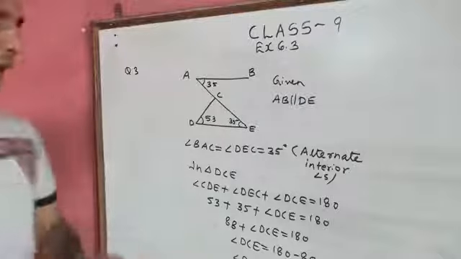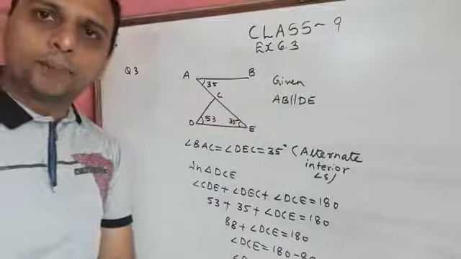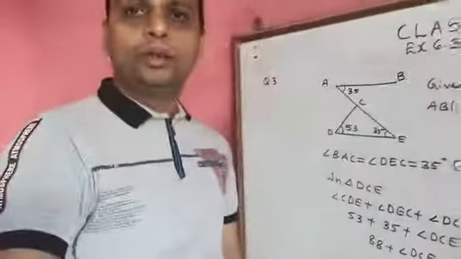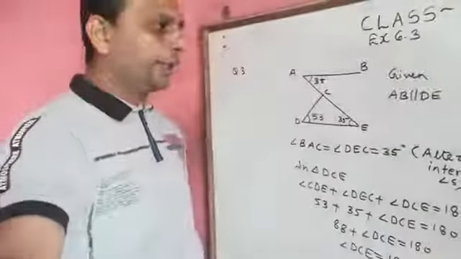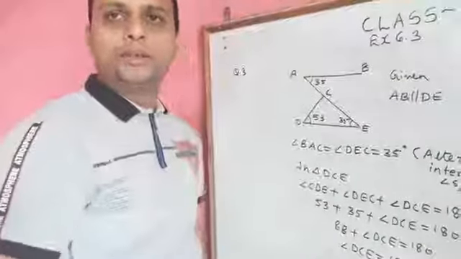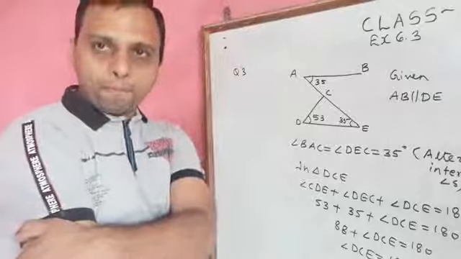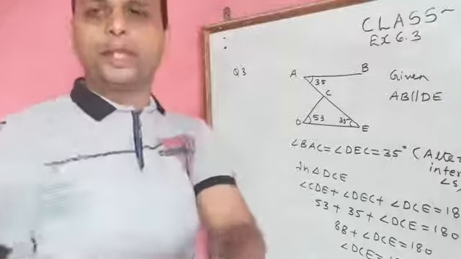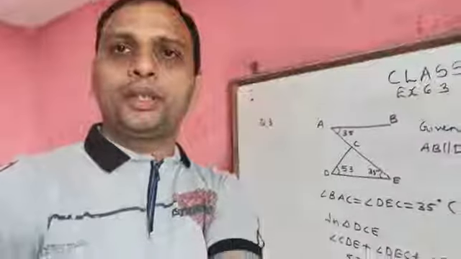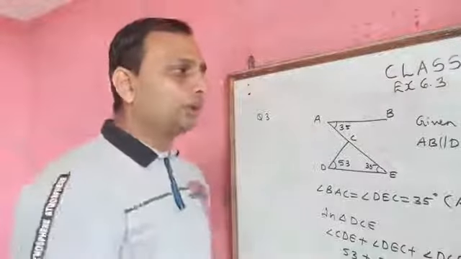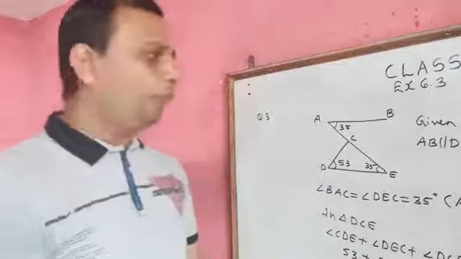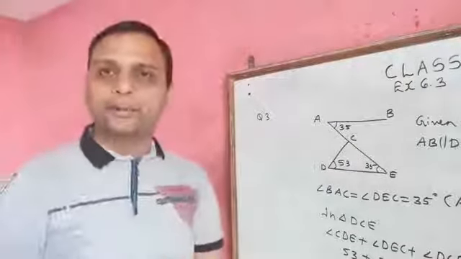We got the value of DCE. This is a simple question compared to the rest of the questions. Now I hope the three questions we solved, you understood. Practice the questions in the rough copy and try to complete a fair copy, because all these questions should be in the copy for when you have the copy checking. Thank you. Have a nice day.